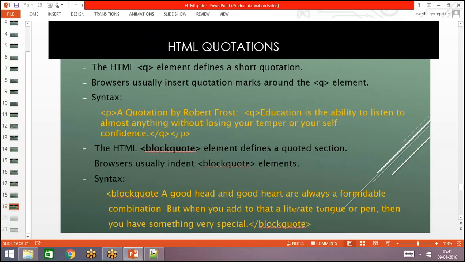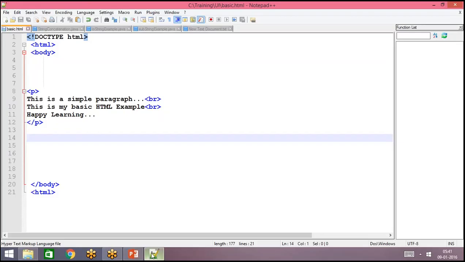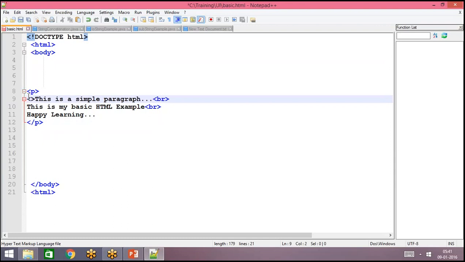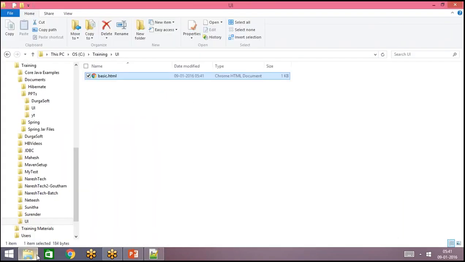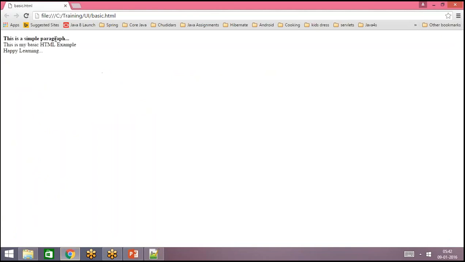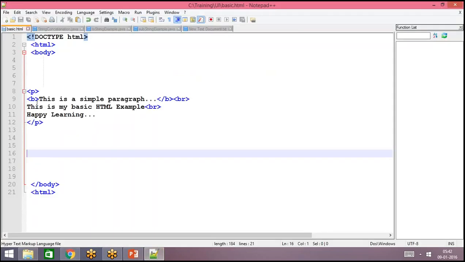So first let us see examples of how we can show these different types of text in HTML. Now in this same paragraph, I want to convert the first statement into bold text. So I'm going to add the B tag, and we should write an end tag for this B element. Now only this first paragraph will be shown as bold text. I'm going to add the strong element for the second line.